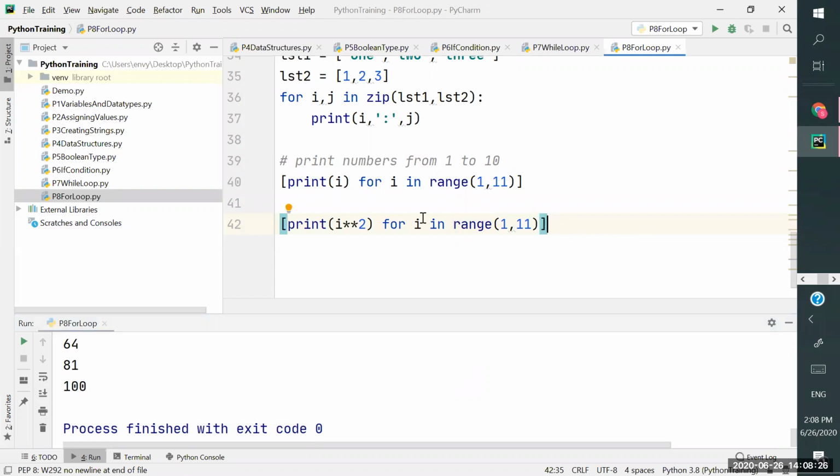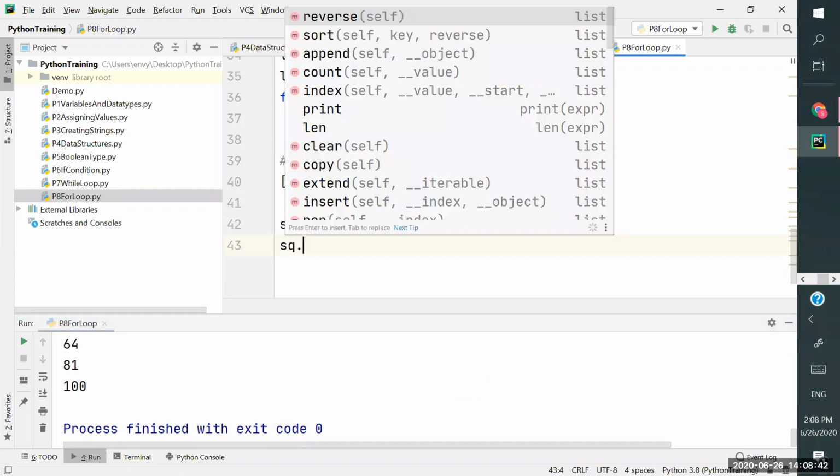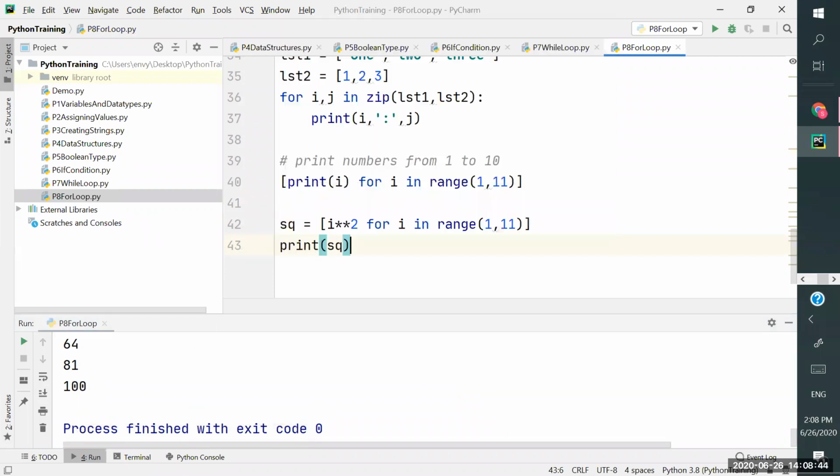There is one more thing. You can actually create the list of it, right? That is also possible. So here, this is going to be a list. Let's say sq is equal to this, and then I'm using print of sq. It is going to print it.